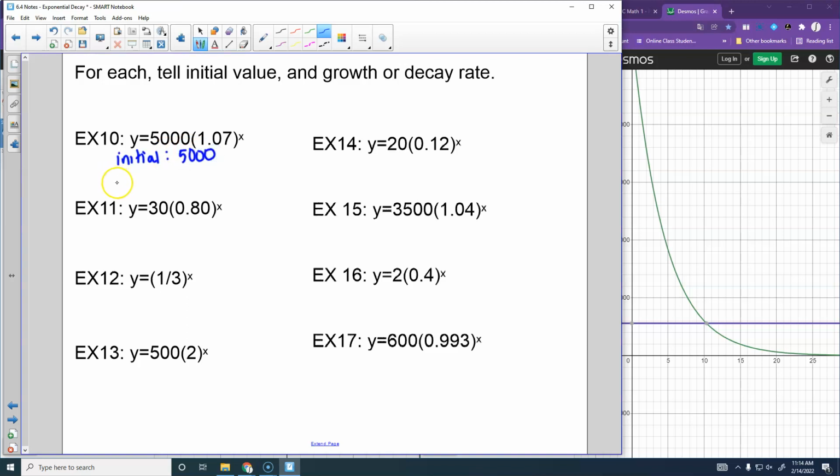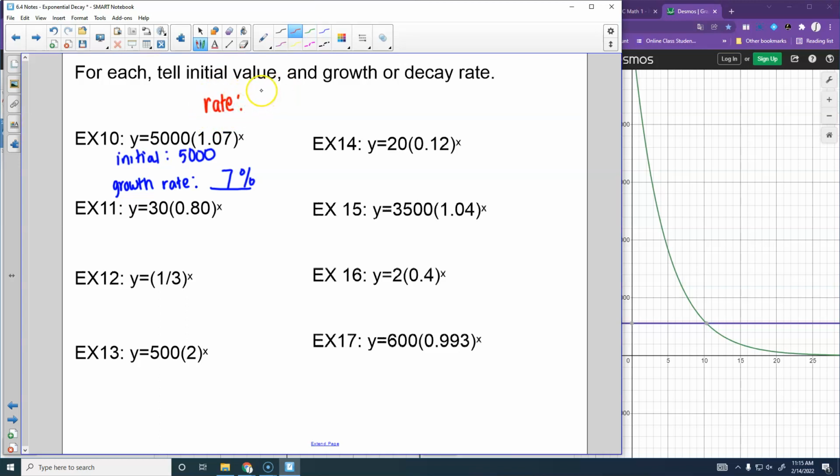And what would be our growth rate? That is where we will find our growth rate, but it is not our growth rate. So our growth rate would be like the percent that we're increasing by. So we want to take away the 1 and then move your decimal so you just get 7%. So what I did there, each time, to find your rate,